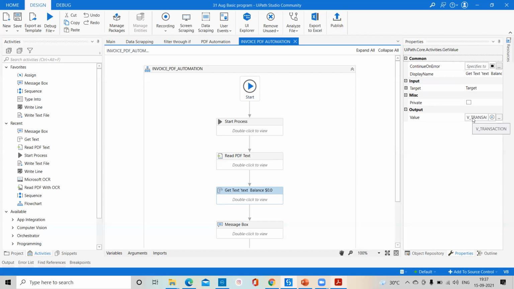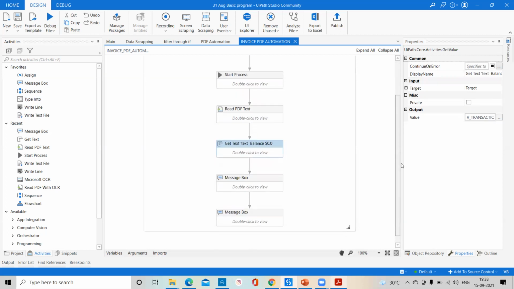Whenever you use Type Into, you are able to pass all the data into the proper application, whether desktop, web-based, database, Excel, or Notepad. So it depends on things.